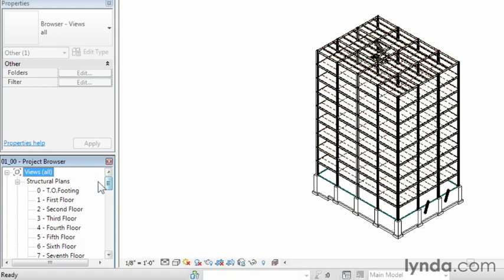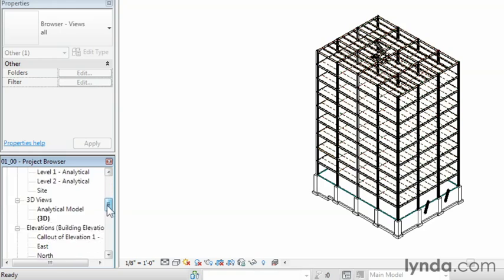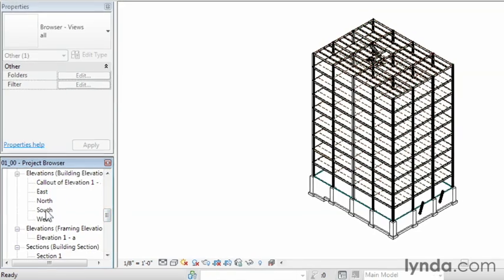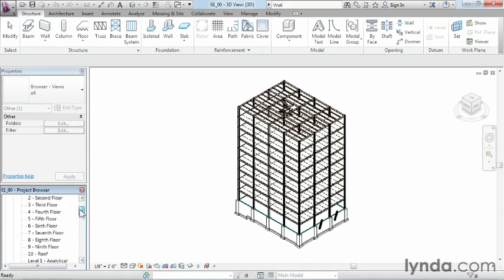What that means is if you make a change in one spot in the Revit database, such as a change in a column, it will automatically make that change in all the other spots in the Revit database, such as changing the way that column is displayed in the first floor view, or the way it might be displayed inside of the south elevation view. Just to kind of illustrate that just a little bit, if I double click here where it has this one first floor,